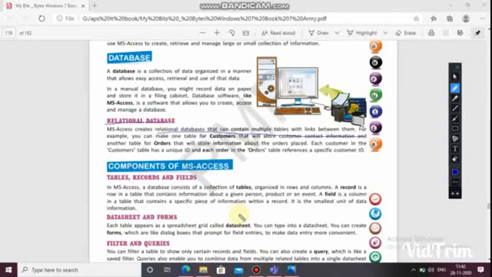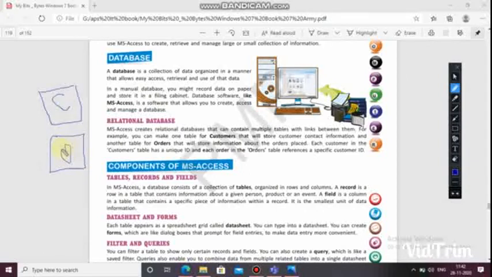So this option is given by MS Access. For example, you can make one table for customers, and that will store customer contact information, and another table for orders that will store information about the orders placed. Okay, I have made one table for customers, and another table for what things the customers ordered.